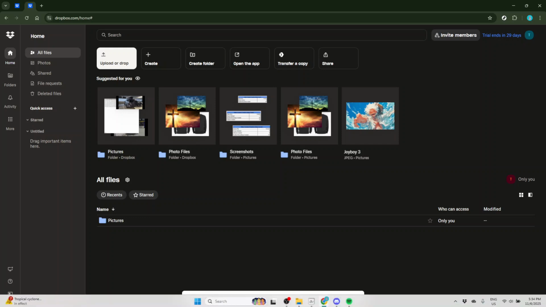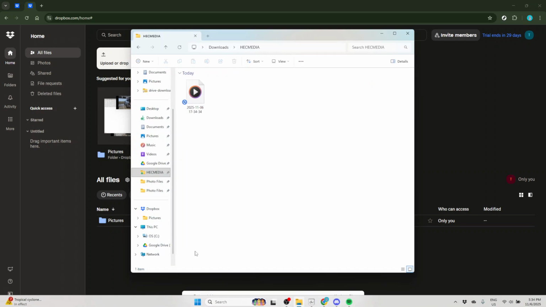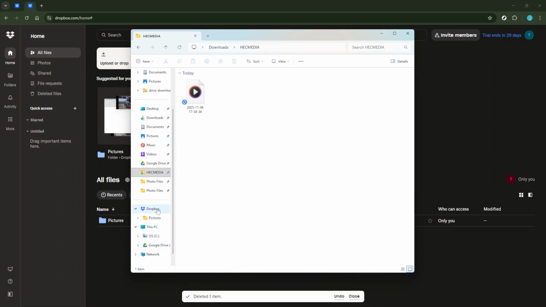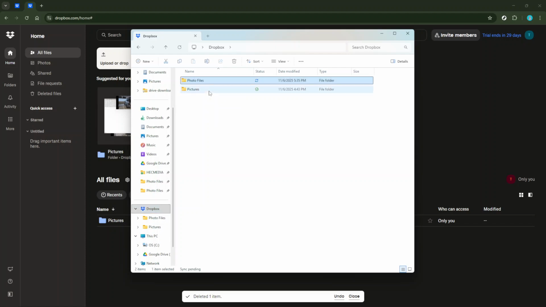You can do this by dragging and dropping the files directly into the folder on your computer, or uploading them through the Dropbox website. Make sure the files are perfectly organized, as this makes it easier to locate and share exactly what you need. With your files safely inside the Dropbox folder, it's time to proceed with sharing.